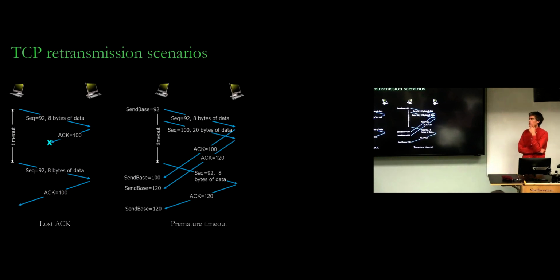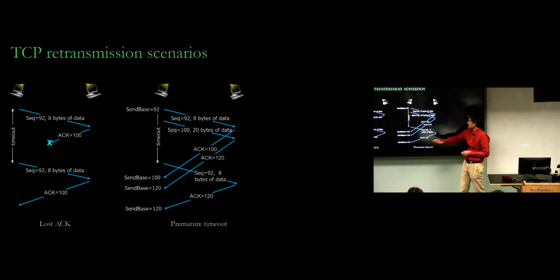Yeah. So in this scenario, there's a premature timeout. Nothing is lost on the network, but the acknowledgement doesn't get back fast enough to make the sender happy. The sender panics, I guess. The timeout expires, and it resends the lowest data that hasn't been acknowledged, which is 92 in this case. It only sends one packet, actually. That's the way TCP works. It only sends one segment when there's a timer expiration.